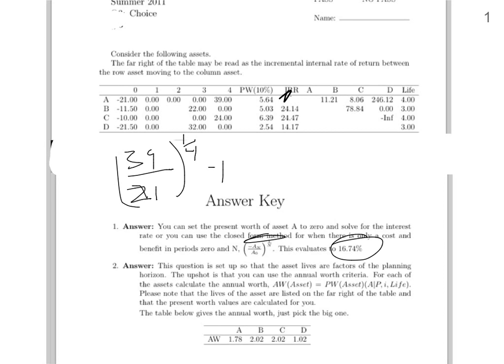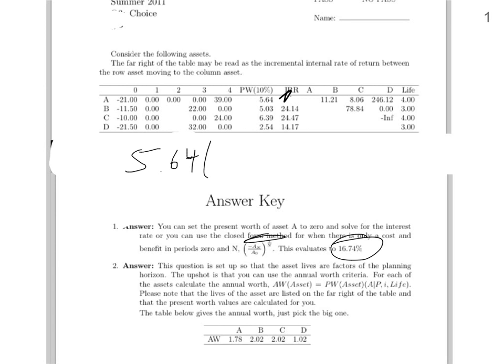Question number 2 is essentially the one that asks about if you're doing those repeated purchases to get you up to 12 years. And so this is the one where the life of your asset is pretty important to you. And so what you're doing is finding the annual worth given these present worths that are already calculated for you. So in each one of the cases, for example, asset A, you start with a present worth, that's